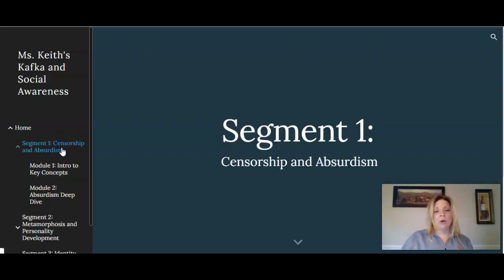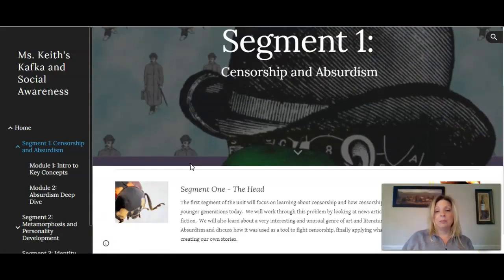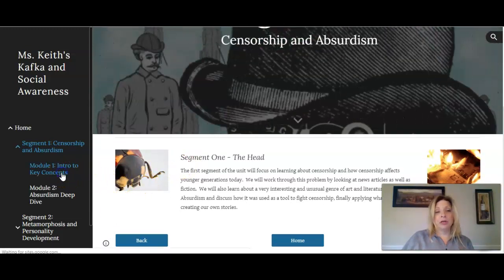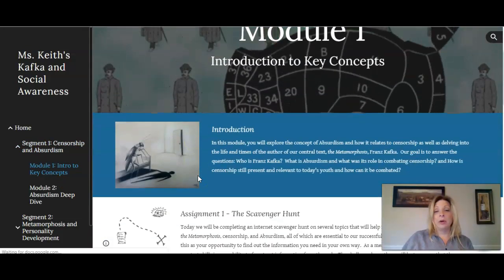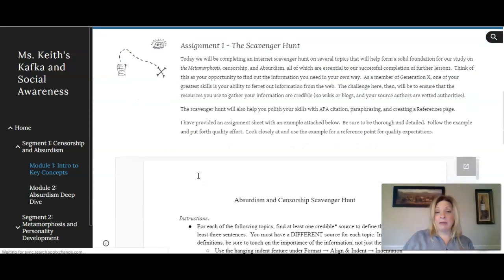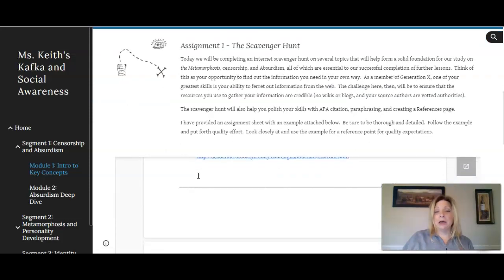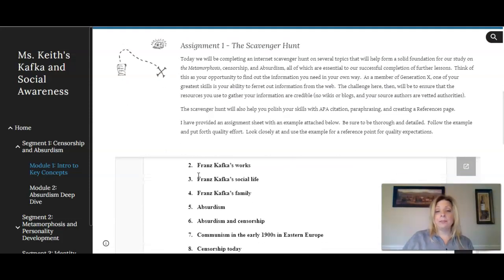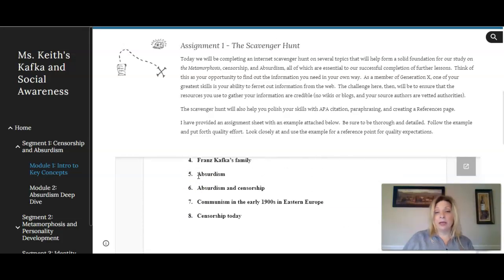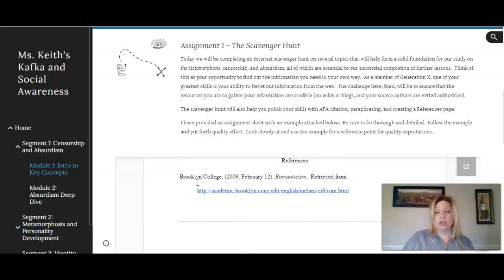So if we go to segment 1, which is the censorship and absurdism section, we have the introduction to key concepts, where we actually learn about absurdism. They do an internet scavenger hunt about absurdism and the author, and how absurdism and communism go hand in hand, and also censorship.